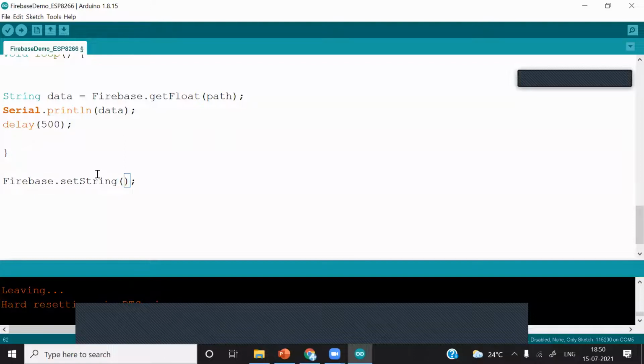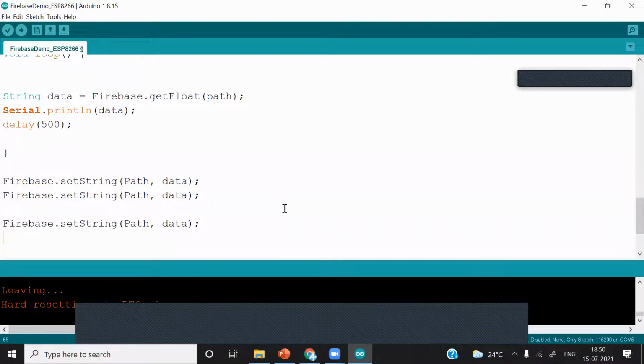The first argument for set string is the path. The second is the data. I'm putting some general names so you can understand. I'll just copy it, Control V, Control V. Okay. Please write it somewhere. You are going to need this.